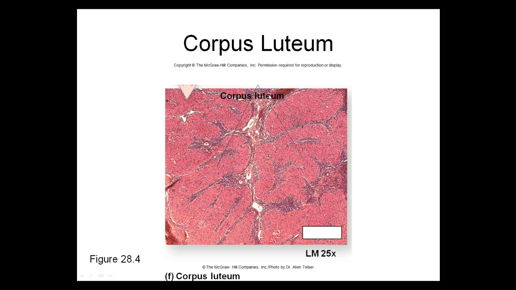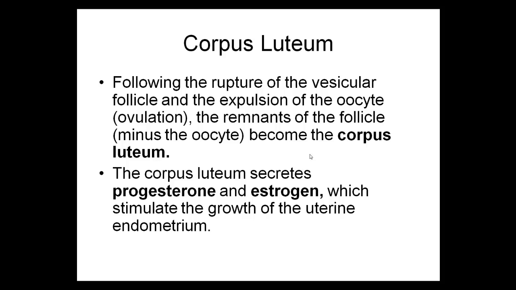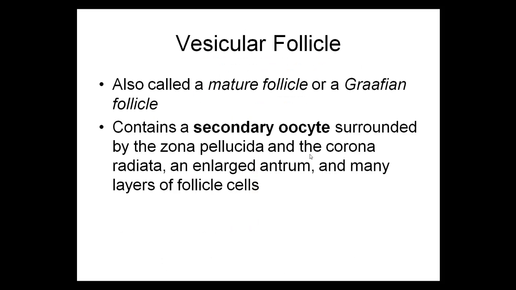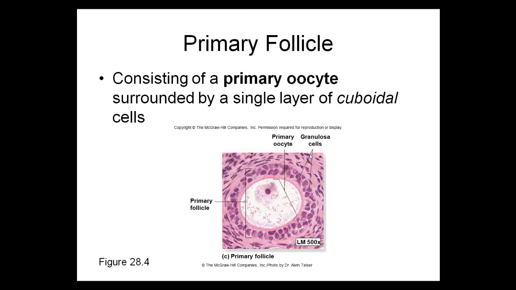Corpus means body, and the luteum is yellow, so it's the yellow body, and that will be very important to support pregnancy for the first 3 months or so, until the placenta has enough ability to support the pregnancy with its own estrogen and progesterone. So if we go back here, if ovulation takes place, but if not all the eggs that mature undergo